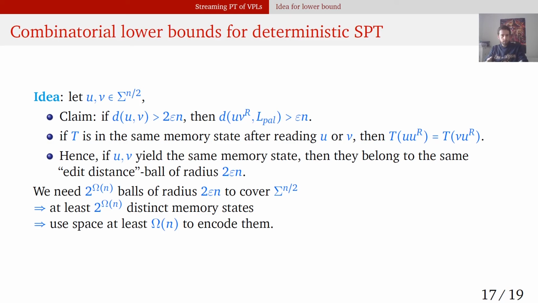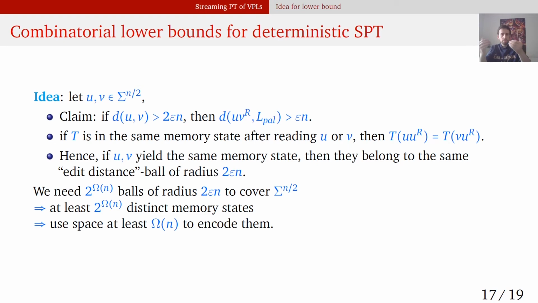Moreover, if the algorithm is in the same memory state after reading U or reading V, then it must return the same result on U U reverse and V U reverse, because it cannot distinguish whether it had read V or U. So in order to satisfy the definition of an epsilon Turing property tester,